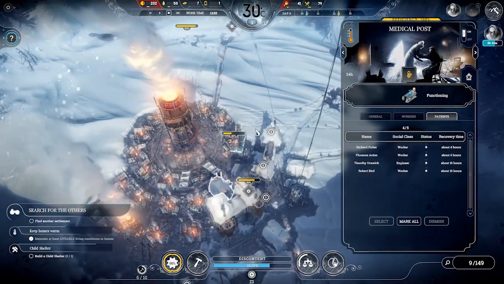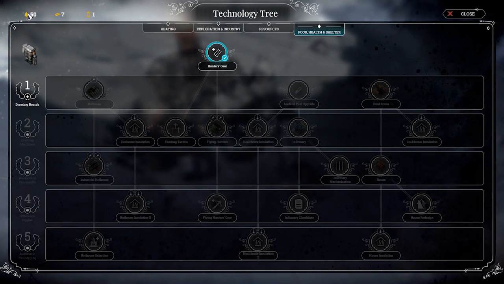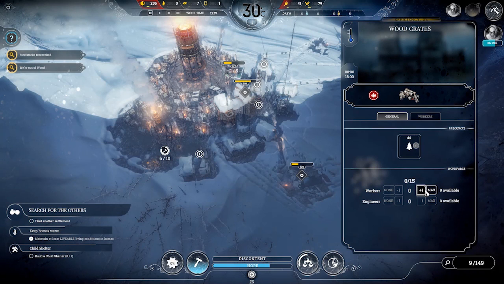Patience. Steelworks has been researched. Now, I have just enough wood to get the drawing boards, which is something I desperately need. It won't be done today, but...